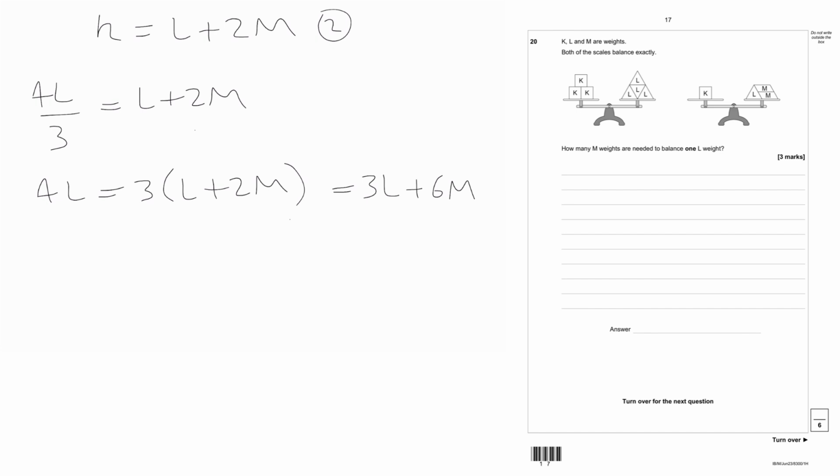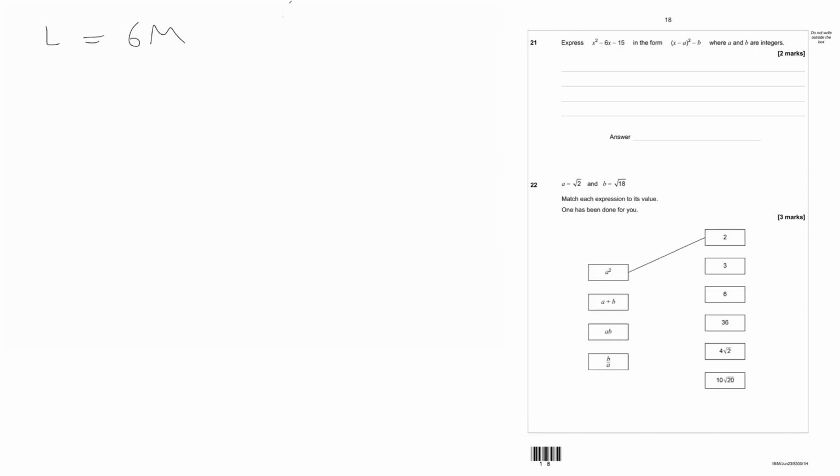And then if we subtract 3L from both sides, we get L equals 6M. So this tells us that for 1 L weight, we need 6 M weights. So moving on to question 21,